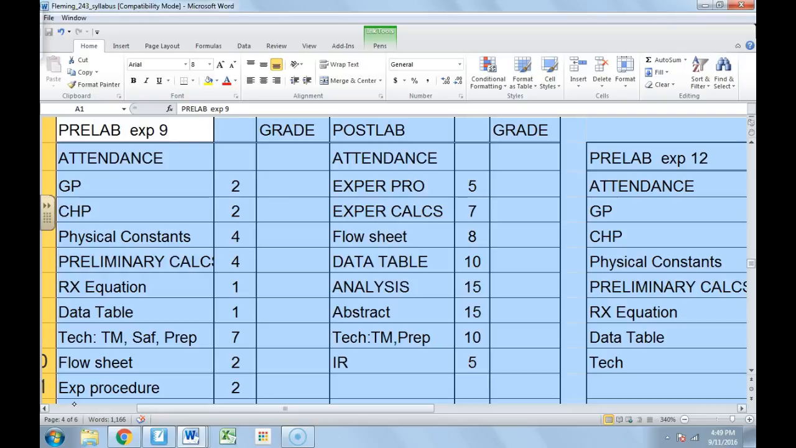Hey everybody, I'm going to spend a little bit of time going over what the flow sheet is for your data table, your flow sheet for your pre-lab. A lot of these experiments, you'll see a flow sheet as what's going on. And a flow sheet is another thing that doesn't get filled out completely in the pre-lab, but here's what's going